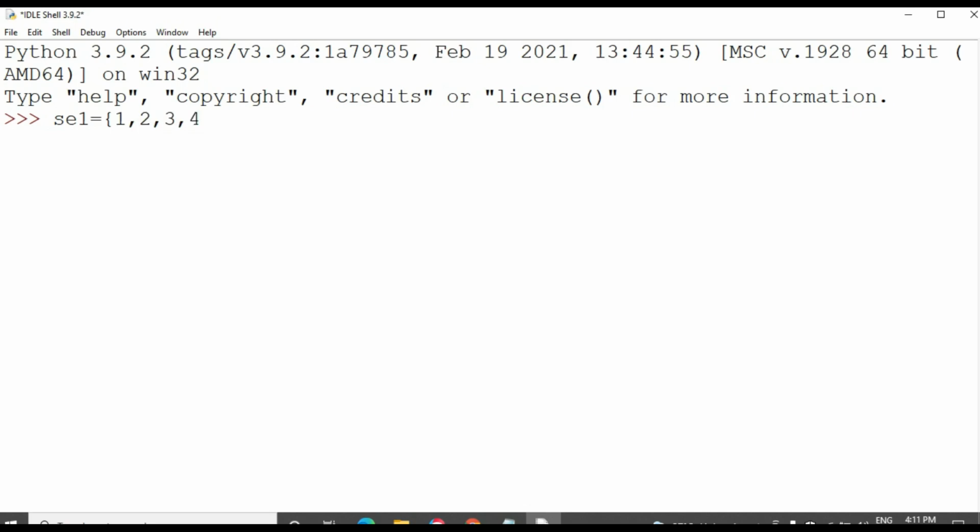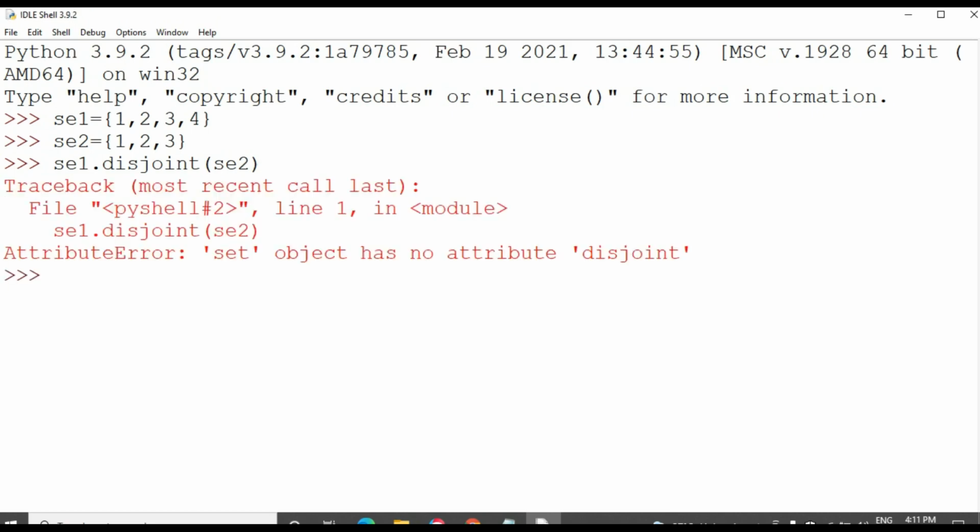I am creating set 1 as 1 2 3 4, and set 2 as 1 2 3. I am going to perform the disjoint function. So set 1 dot isdisjoint of set 2.